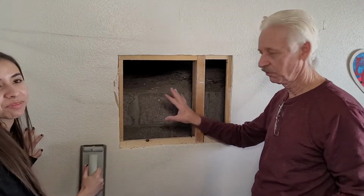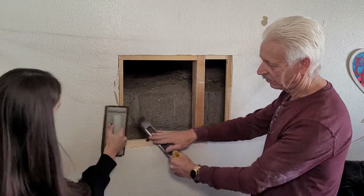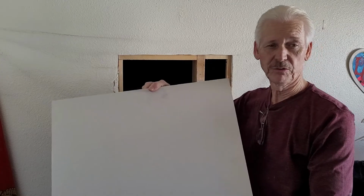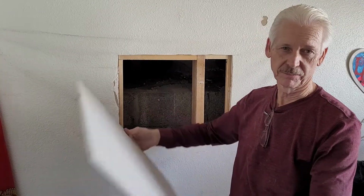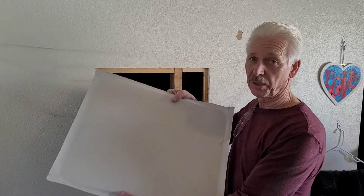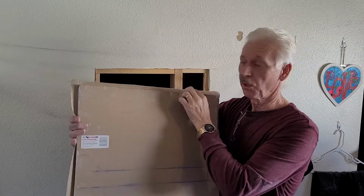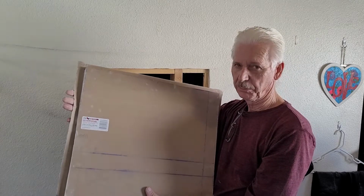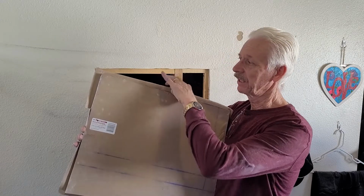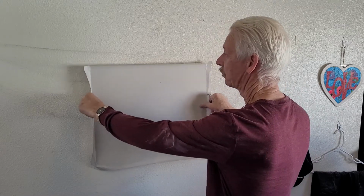All right, so we're getting ready to put sheetrock right here, but we're just going to clean up the edges a little bit. I've been going along the edge like this. At Home Depot, they had some 2 foot by 2 foot pieces to make patches with, and I picked up one of those, and it's going to be just fine. What I've done here is cut a piece of sheetrock out, but I cut it an inch over and then ripped the sheetrock off of the paper. I think that's called a California patch or something like that. So you can see I made the sheetrock the size of the hole, and then I left an inch of paper over so that when I put this on here and screw it in,